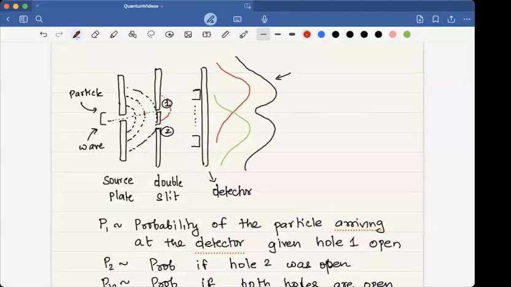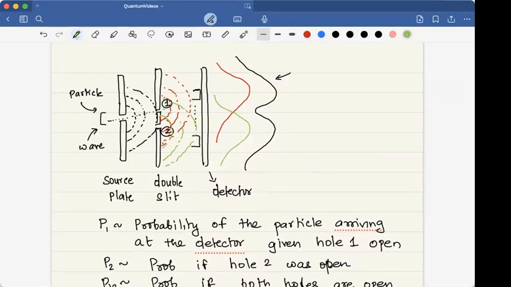So I'll draw this over here. The wave front with the source as hole 1 and the other wave front with the source as hole 2. So I will draw these pictures. So these are two, and so a single wave front